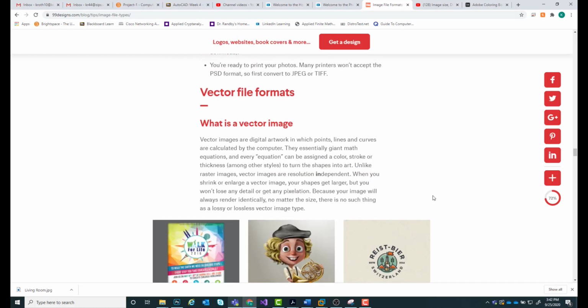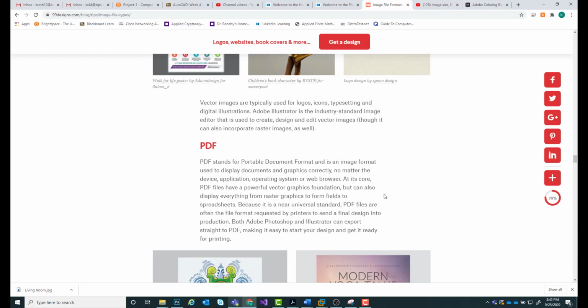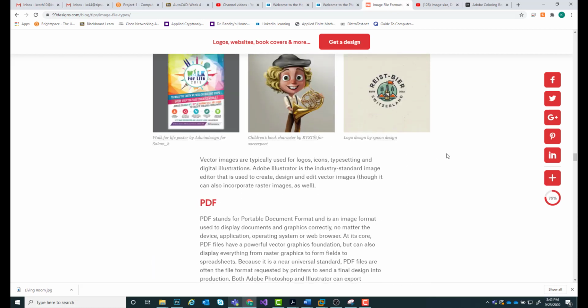All right, so vector images, these are usually used by graphic designers, and basically when you think of vector, just think it can be scaled infinitely, okay? You're not going to use vectors too much, like I said, because with what we do in interior design and architecture, there's just not as much of a need. Usually if we use Adobe Illustrator to do something, it's going to be something with